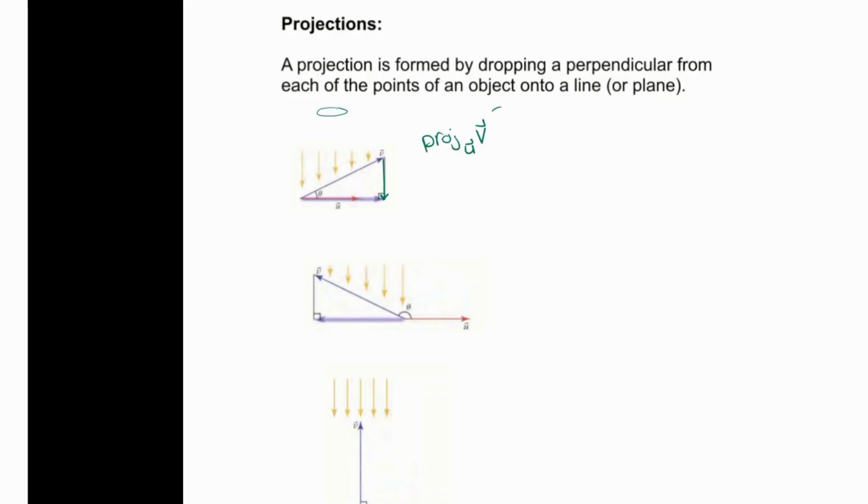So the vector that's being projected is up here at the top, and it's being projected onto the other vector on the bottom. So that's the projection of vector V onto vector U. That's if the angle is between 0 and 90 degrees. So if the angle between the two vectors is less than 90 degrees, then the projection of V onto U will be